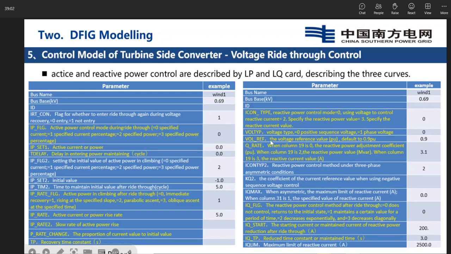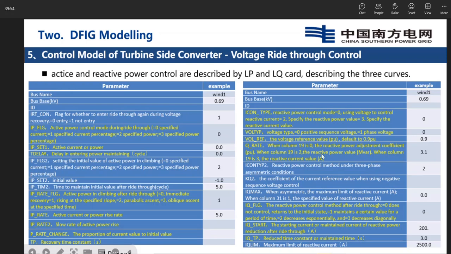And you can see, in this parameter, the voltage reference value means the limit to start the voltage ride-through control. If you write 0.9, it means when the voltage drops below 0.9, the ride-through control starts to work. And